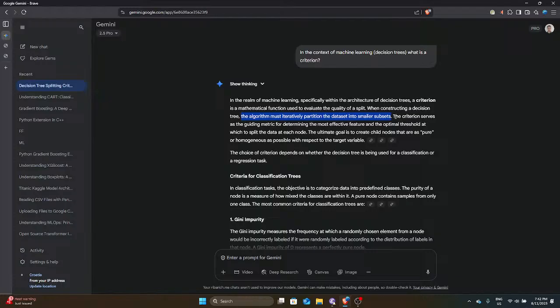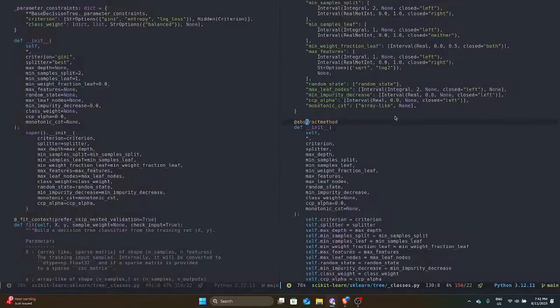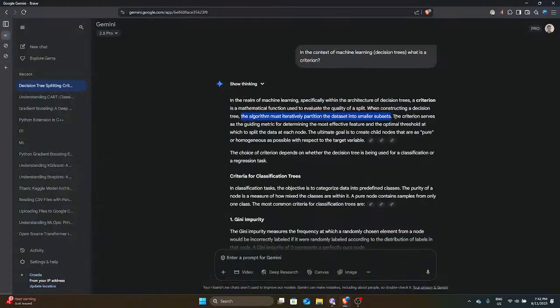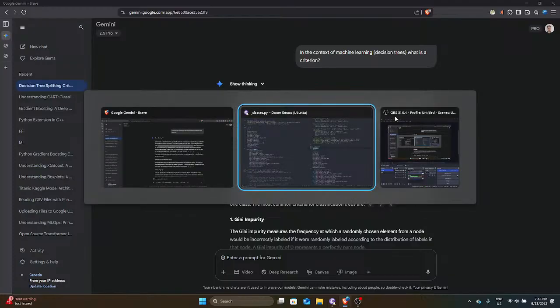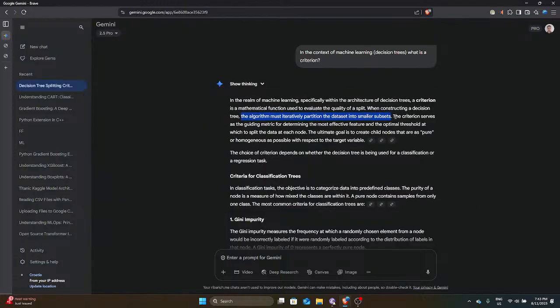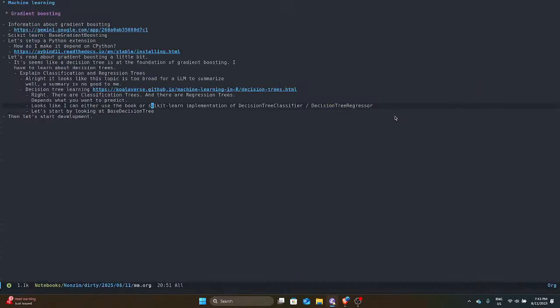Okay, so I'm building this as part of the Titanic Kaggle problem. So we actually have a data set to work with and to experiment with. So we would somehow partition that data set, and we use the Gini coefficient to partition it. Now, why do we partition it? Okay, so let's,